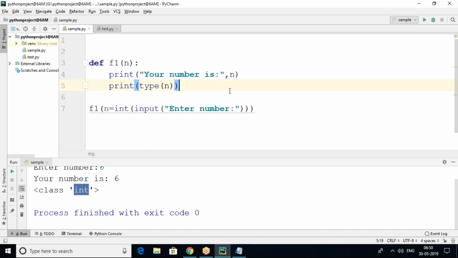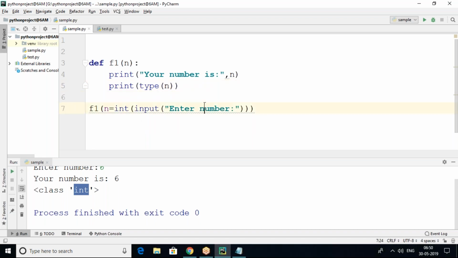That we already discussed in the basic sessions, how to convert the values at running time. At runtime, whatever values you give will be treated as string by default. You have to convert them into int form whenever it is required to add two numbers. But if you don't need to, there's no need to convert; it will be treated as string only.